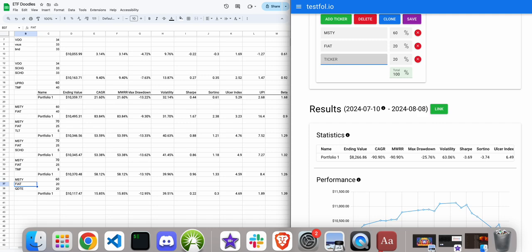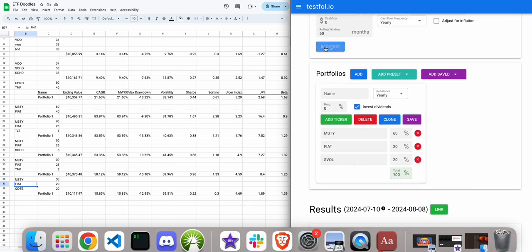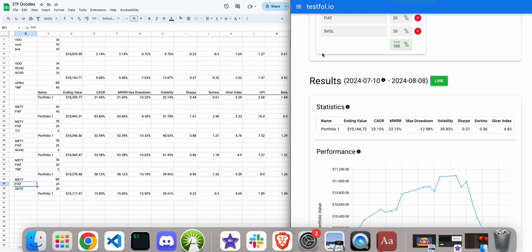There was a, okay, yeah. So if the maximum drawdown on this is more, and that's because there was a big spike in volatility. But this is protecting against Bitcoin and, well, just Bitcoin slowing down in its volatility. So as the market is less volatile, SVOL should be more profitable. However, hear me out, MISTI and fiat are earning 100% yield, which means in about 10 months to 2 years,